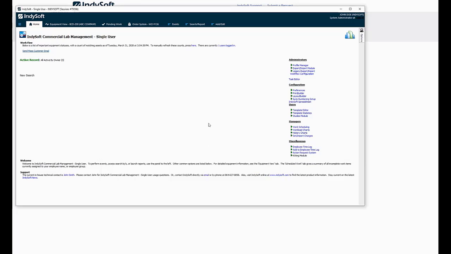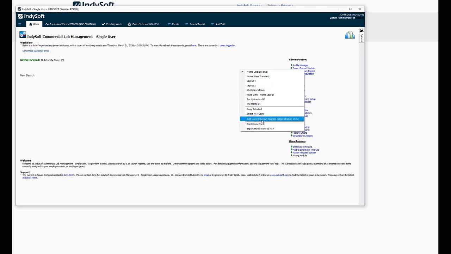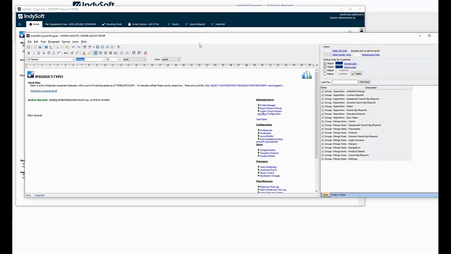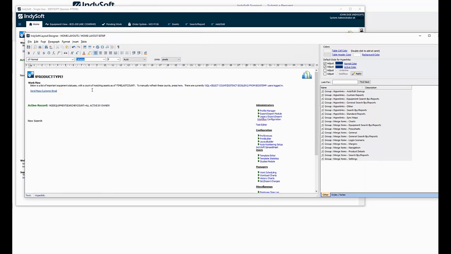Alright, so that's imported. The next thing you want to do is just create a quick link to launch it from your home view. So with your home view displayed, you'll right click, go to Edit Current Layout, select that. I already have a link created here, but I'll create another one real quick. Customer email notification, and I will select that, and then